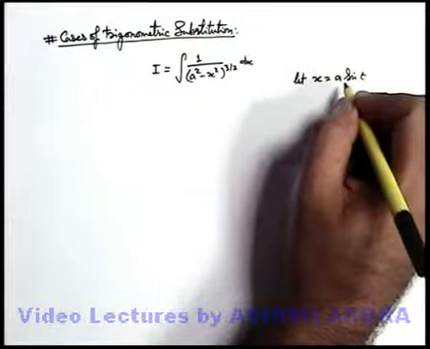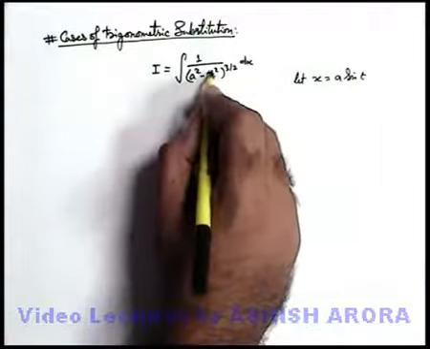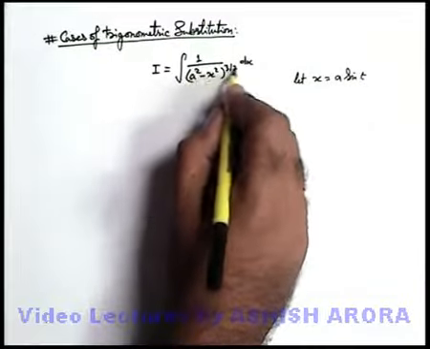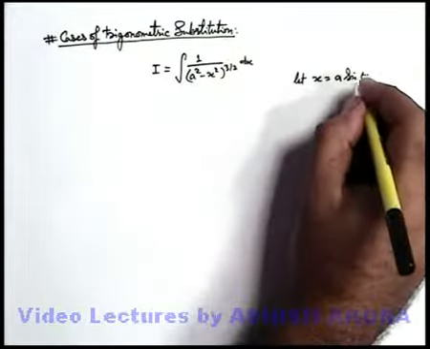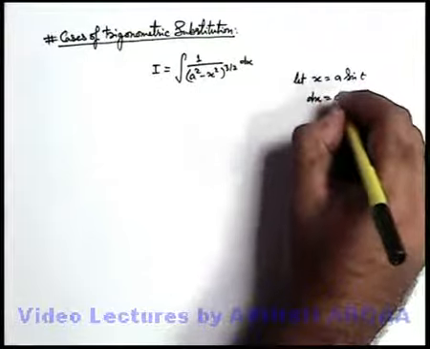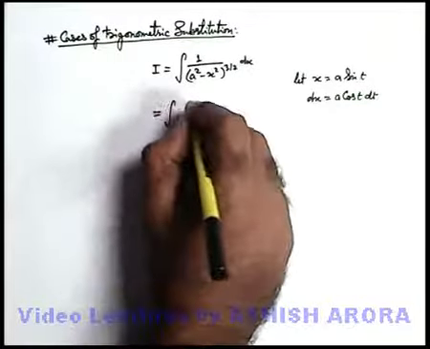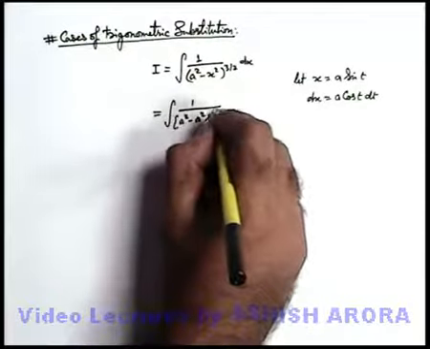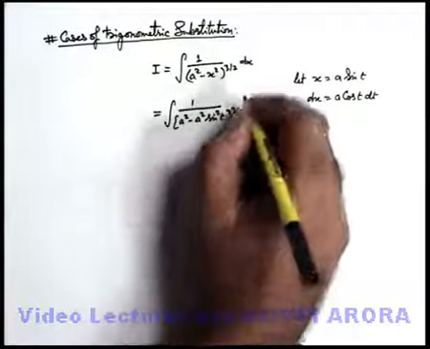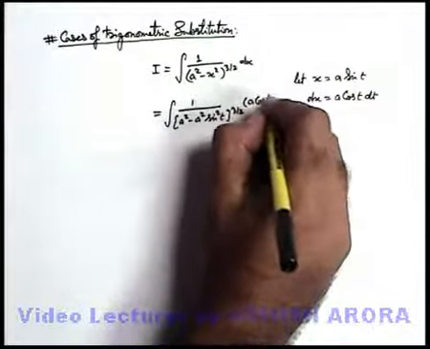Here you can also substitute x as a cos t, because when you put x as a sin t, this will become 1 minus sin square t. So it will become cos square t, and this radical sign can be removed. Here, if x we have taken as a sin t, dx will be written as a cos t dt. Now we substitute the values. It will be integration of 1 upon (a square minus a square sin square t) to whole power 3 by 2, and this dx we can write as a cos t dt,